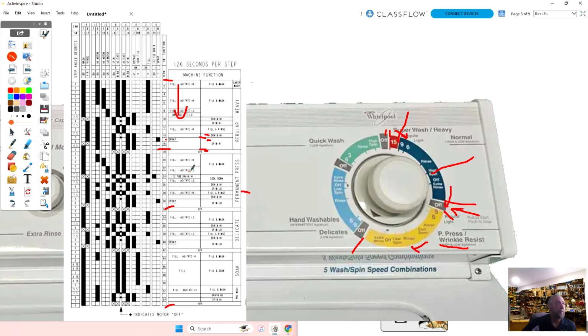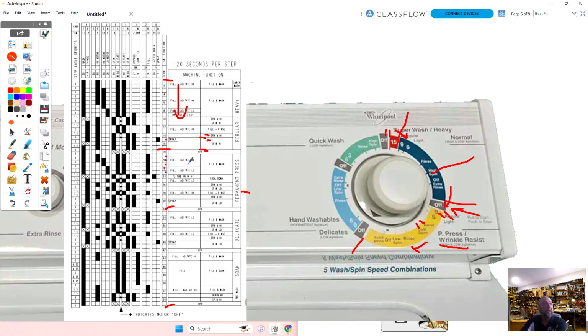So if we look, how many increments is this wash cycle? 1, 2, 3, 4, 5, and you see that's a number 9. That 9 means that's a 9-minute wash, and this is actually 5 increments, which would be just about 10 minutes. So if we look down here, here's cool down and pause.